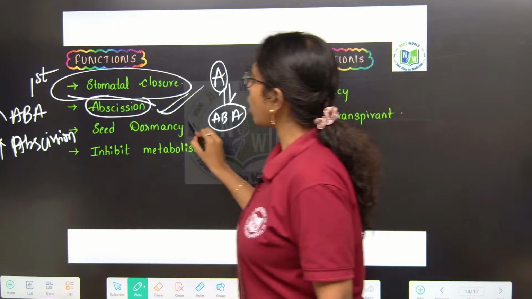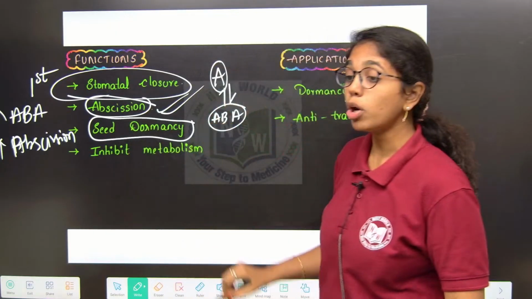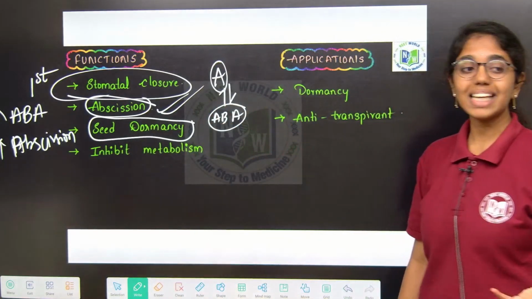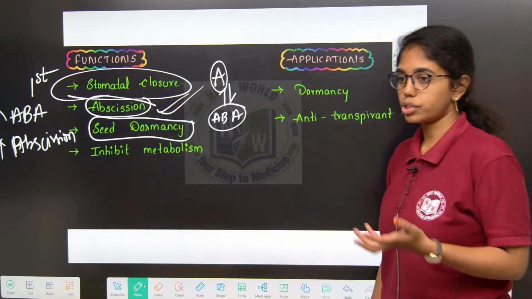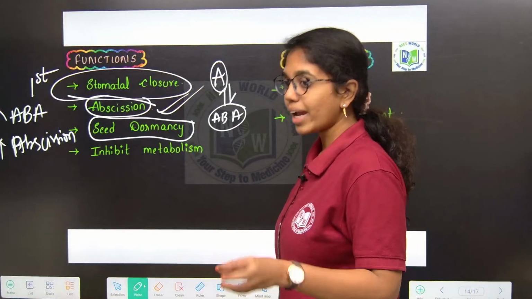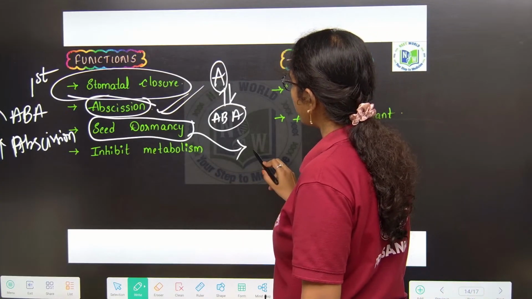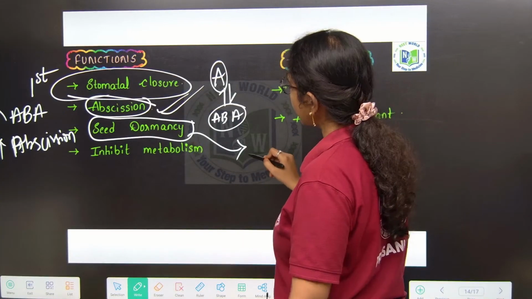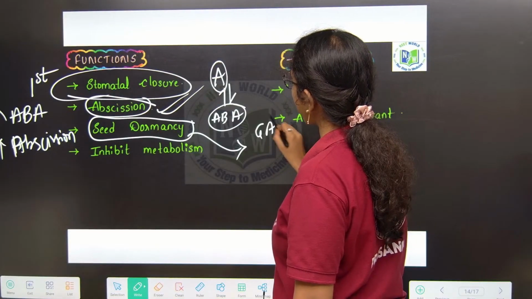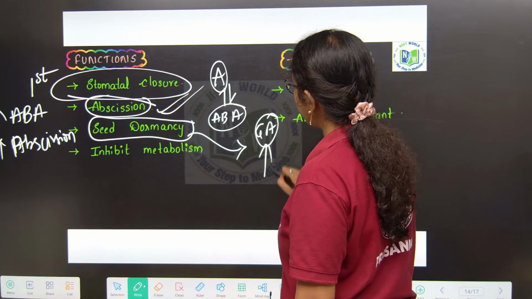Next, seed dormancy. Abscisic acid will promote seed dormancy. Whenever a seed is in unfavorable conditions, not favorable for its growth, it will be in the dormant condition. So, seed dormancy is promoted by abscisic acid. With respect to seed dormancy, two hormones are antagonistic. What are they? Gibberellic acids and